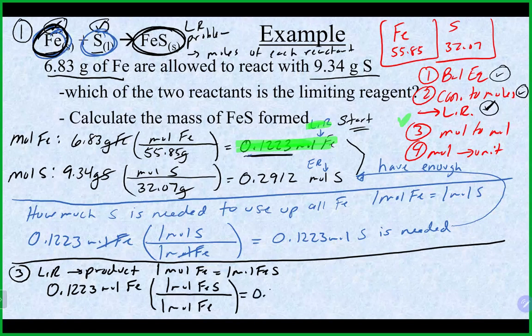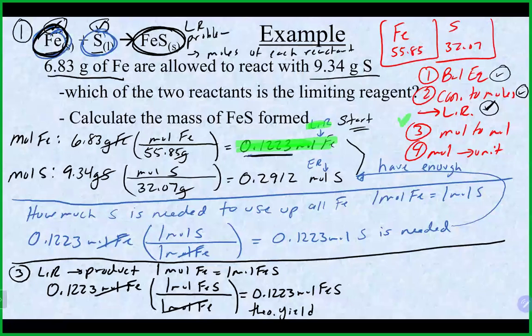That gives me 0.1223 moles of iron 2 sulfide, as those guys will cancel. In this case, we're not looking for moles, but if we were, that would be the answer. Maybe clean up some sig figs on it, but that would be our theoretical yield in moles. But we do want grams, so the 4th step is we're going to go from moles,